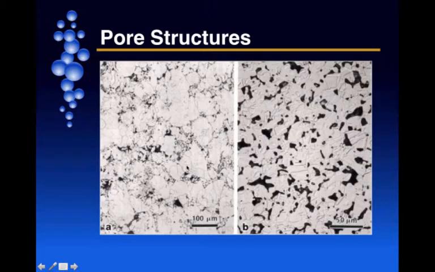In this example, you can see a couple of different steel compositions that have very different pore structures. Here there are very tiny pores distributed around the particles. Here are coarser pores. And typically this microstructure on the right tends to have higher strength than the microstructure on the left, where there are all these tiny pores surrounding individual